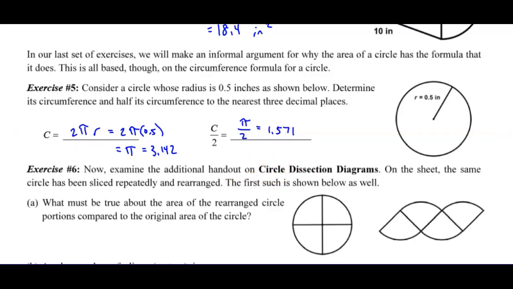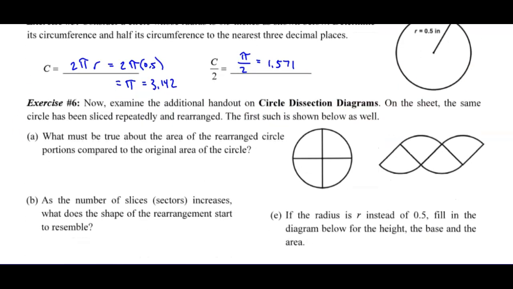All right, so now examine the additional handout on the circle dissection diagrams. That's on the next page. On the sheet, the same circle has been sliced repeatedly and rearranged. First one is shown here. So what must be true of the area of the rearranged compared to the area of the original? They have to be the same. If I take the same 4 quarter circles and I just rearrange them, I haven't changed the area, I've just